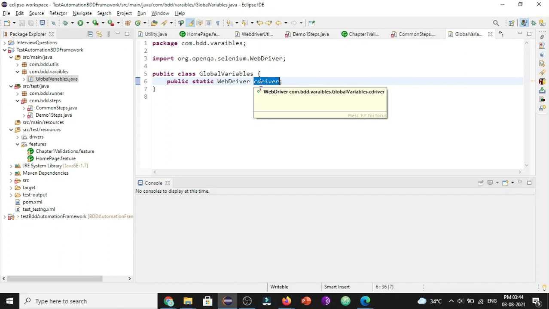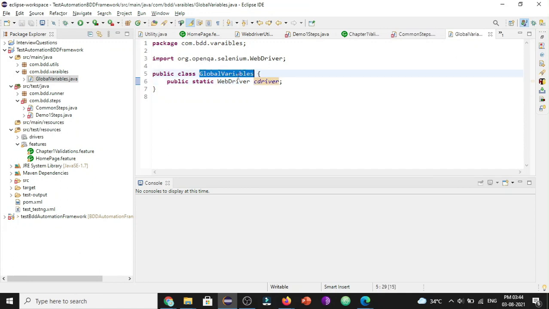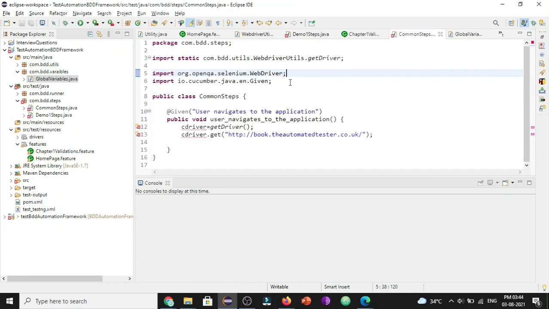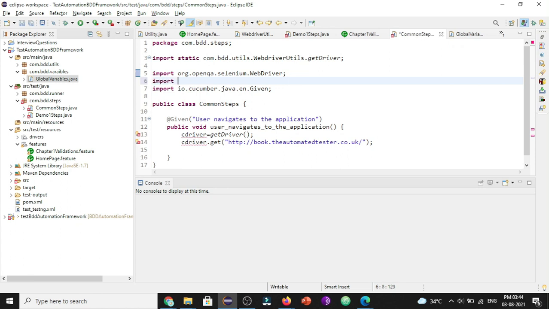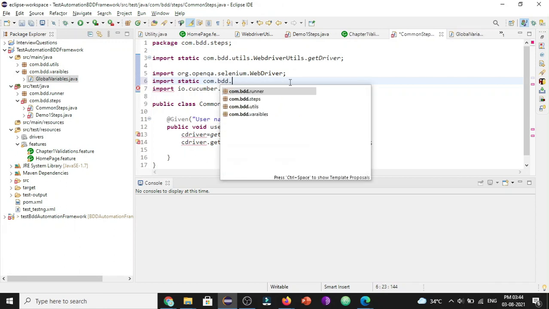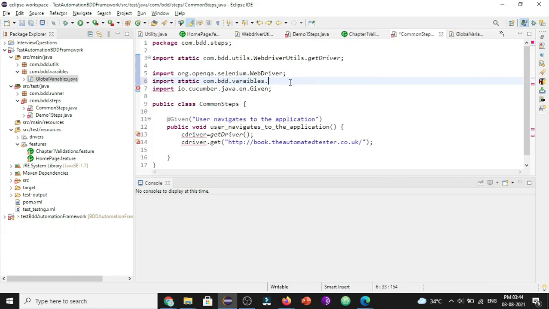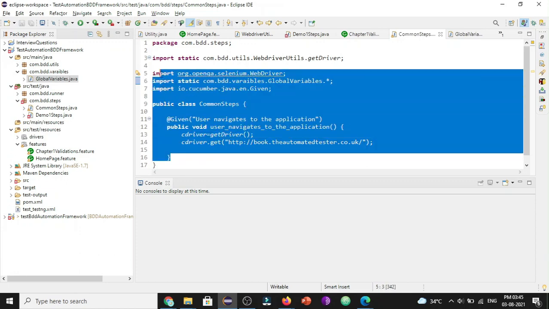This driver variable can now be used across the framework in all the files by importing this global variables class. So in the common steps, let's import the global variables class. It is going to be static, com.mididi.variables, and under this the class name is global variables, and let's import all the variables under it. Now you can see the errors got rectified.